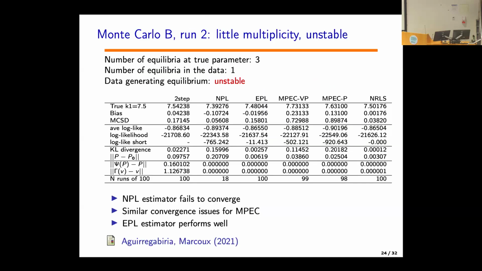Okay, so here, just for the sake of illustration, is an unstable equilibrium, and now you can see these sequential estimators, unsurprisingly, do not really do a good job anymore. They're converging to something that's not maximizing the likelihood. It's very far, but it is satisfying the constraints. So it might converge to a wrong equilibrium.